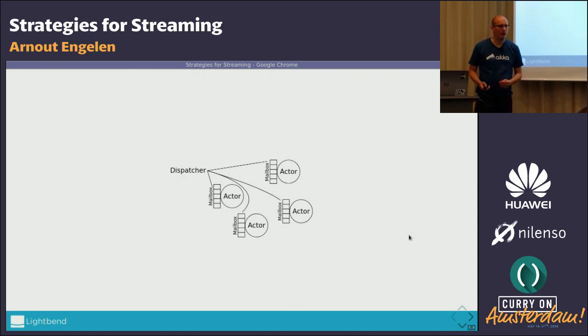So this works really nicely because you can have a limited number of threads. Basically, if you're avoiding blocking, you shouldn't have more threads than the number of CPUs, because what are you going to do with them? And this makes sure that for a single actor, it sort of seems like you're in one thread because everything happens sequentially, but we don't pay the price of having a thread for each actor.